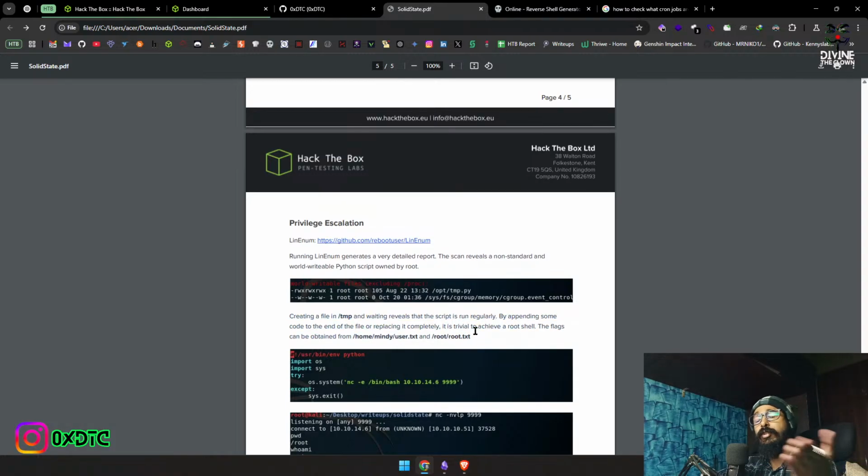slash opt slash temp.py. The file is there, but the problem is it doesn't mention that there is some sort of cron job running behind the scenes that is actually executing this file as root, which helps the user to get the root shell. So this is the part that is missing in this write-up, and this write-up needs an update actually,